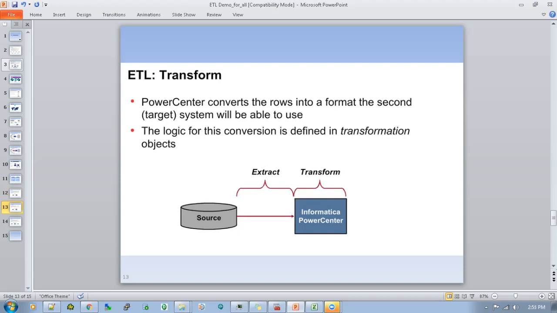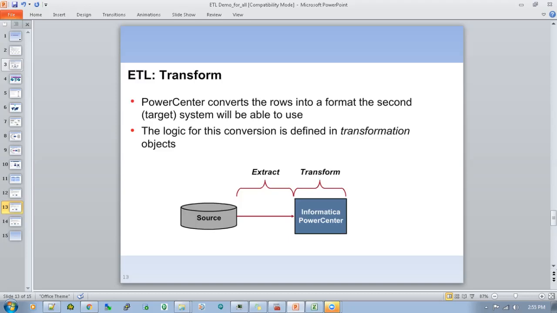Firstly, we need to convert the data to an understandable format for the target system. The target system is like MySQL. Okay, then we need to convert the data so that it is accessible or compatible with the MySQL data types, right? So that is going to be handled by Informatica